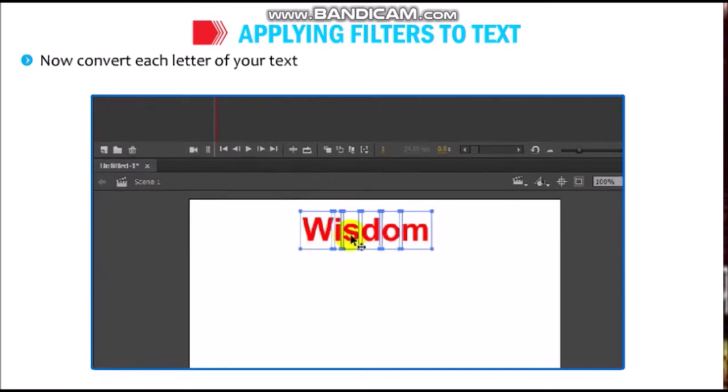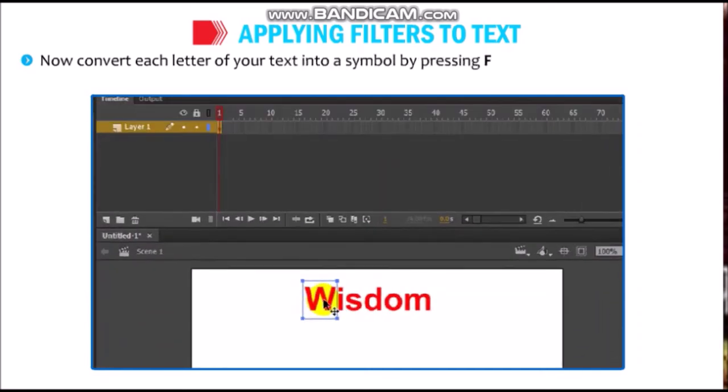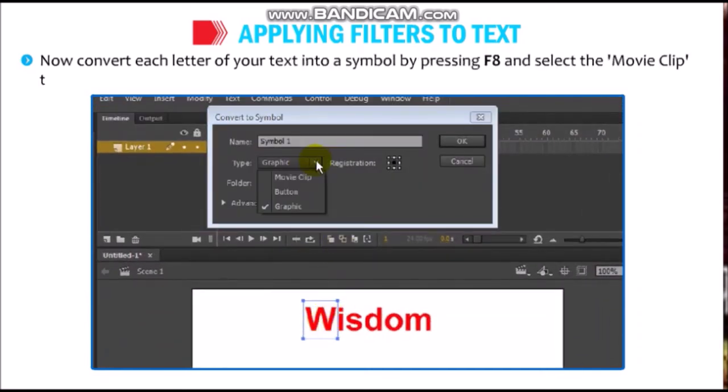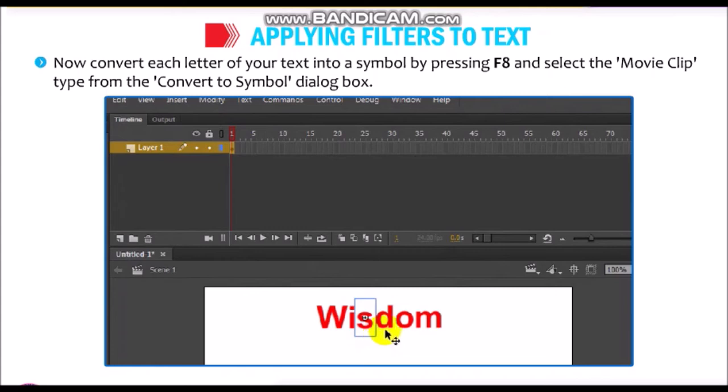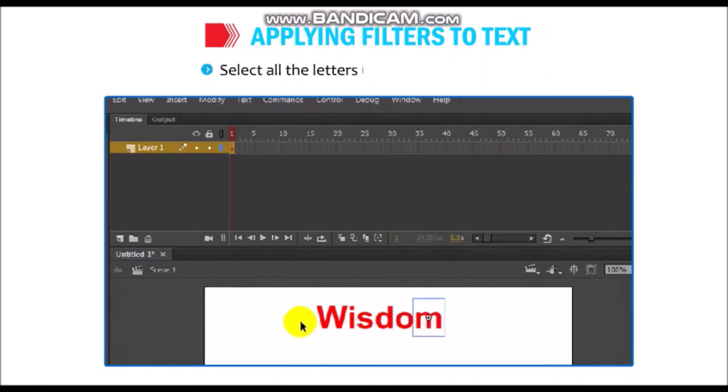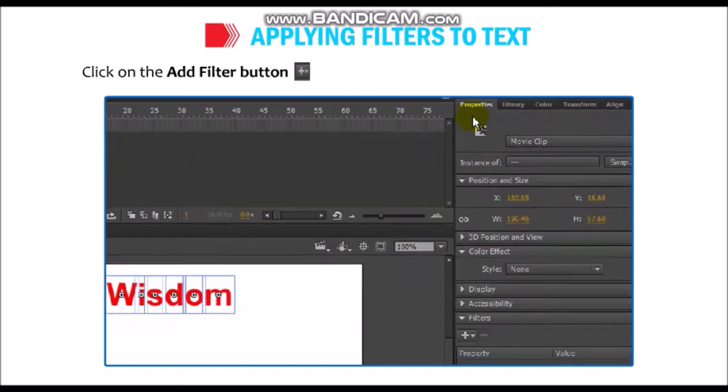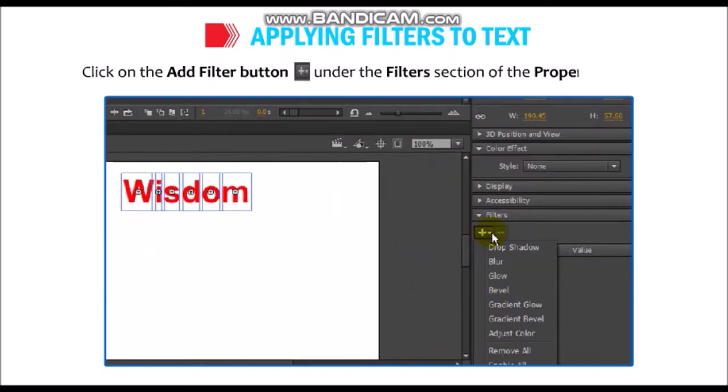Now convert each letter of your text into a symbol by pressing F8 and select Movie Clip type from the Convert to Symbol dialog box. Select all the letters using the selection tool. Click on the Add Filter button under the Filter section of the Property panel. Select the Drop Shadow from the context menu and observe the change.